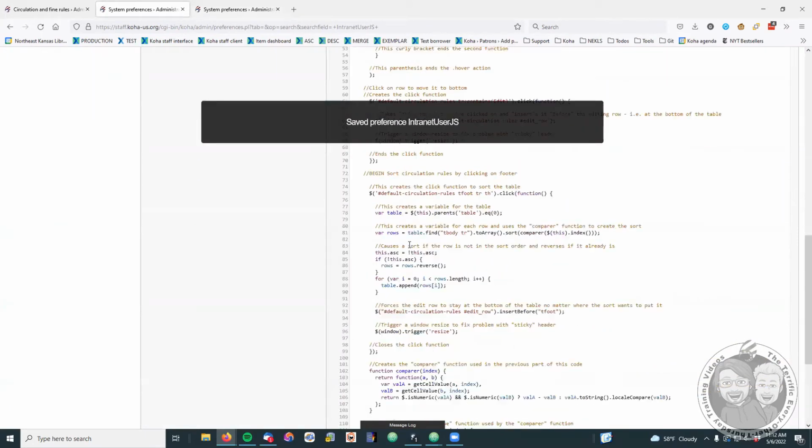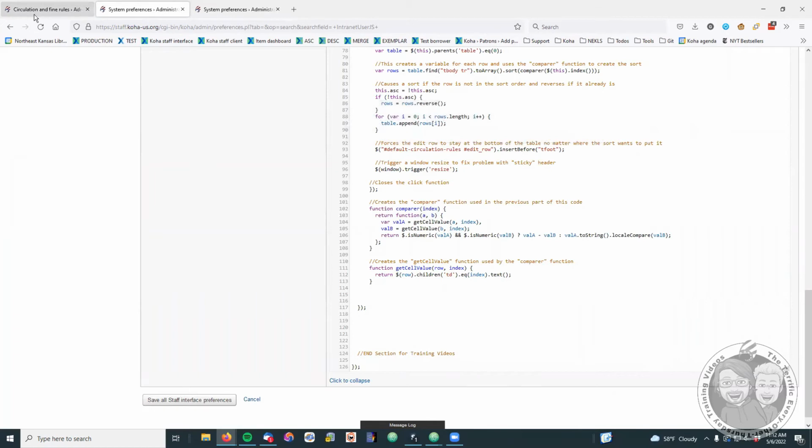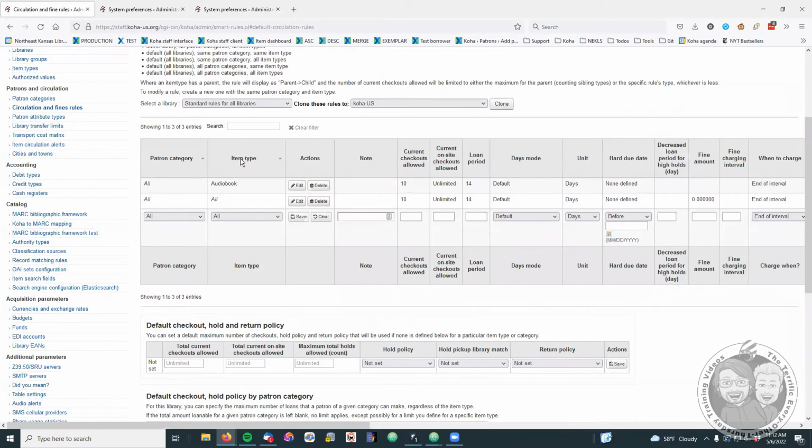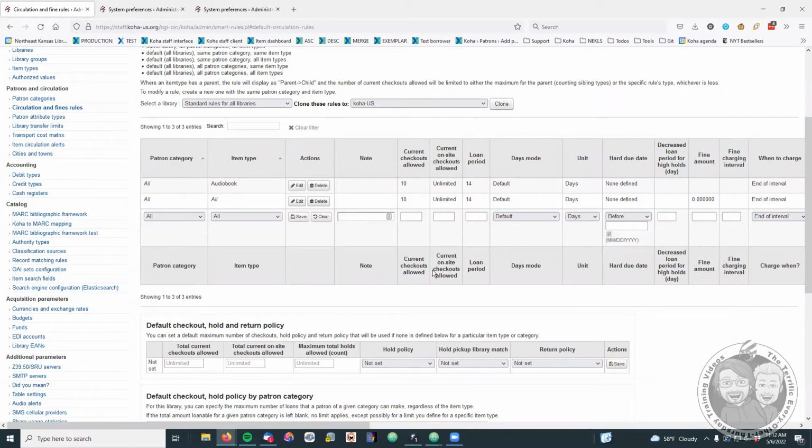So the table has a footer as well. Does that fall within the table data or the table header? Yes, it affects the table footer as well. Okay. And I think it's because the